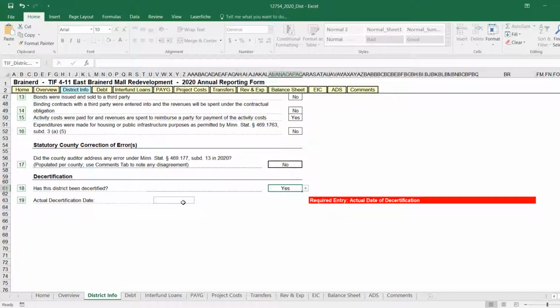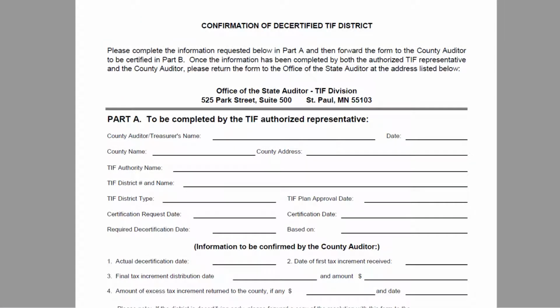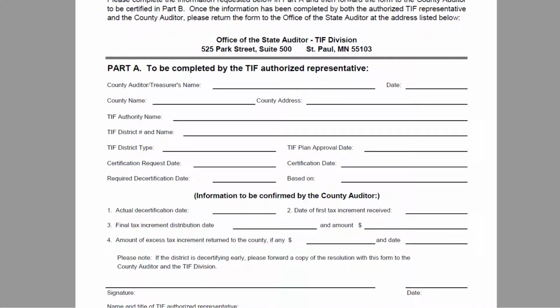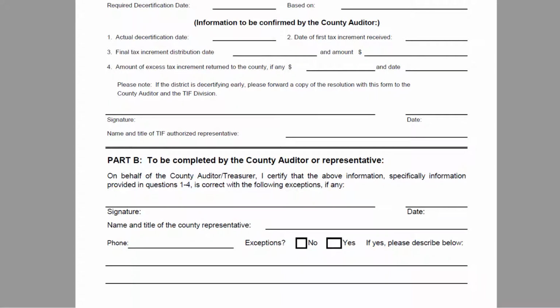Please note that when a district is decertified, a confirmation of decertified TIF district form must be completed and submitted to the OSA. If the district is decertified prior to its statutory maximum duration, a copy of the resolution that decertified the district should also be provided. The form can be found on the OSA website.